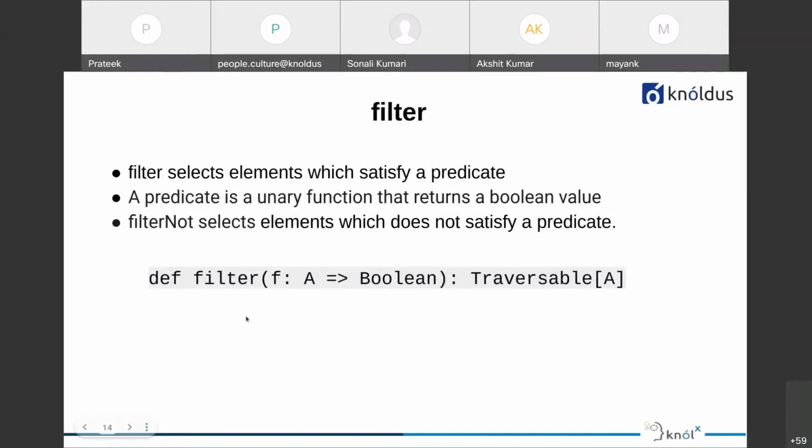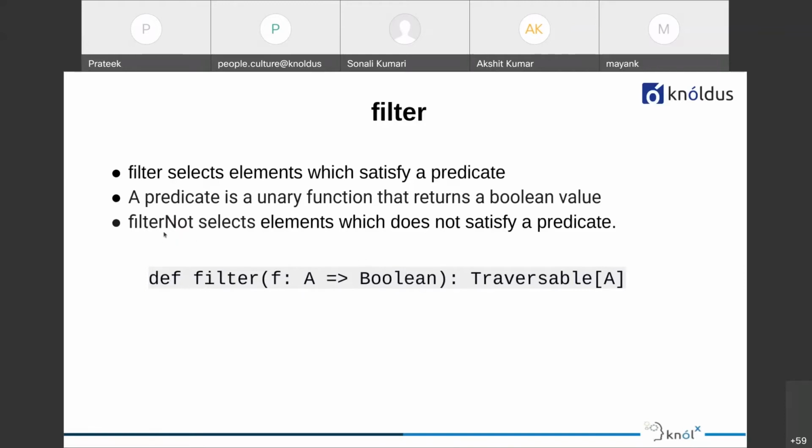Here in the signature of this filter function, you can see this filter is expecting a function from A to Boolean. It's actually the predicate or the unary function having only one parameter. It will call this predicate on each element of the collection, and if this predicate or the condition is satisfied for that element, then it will append it in the resultant list or any type of collection that we'll have.